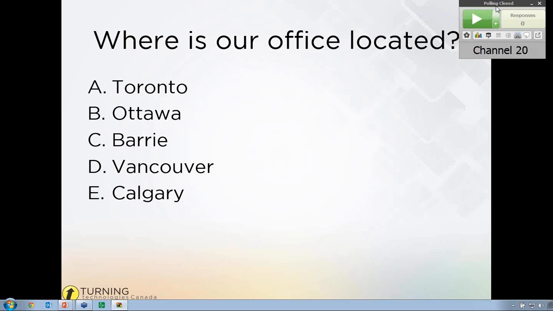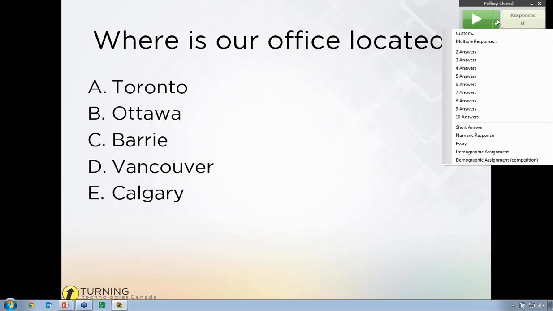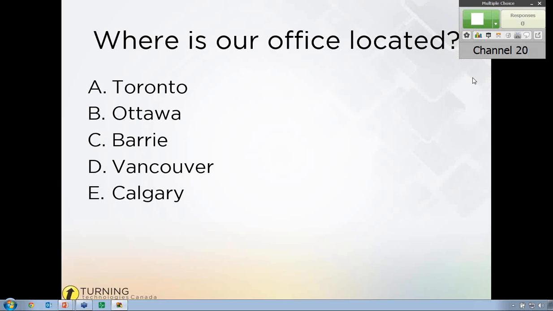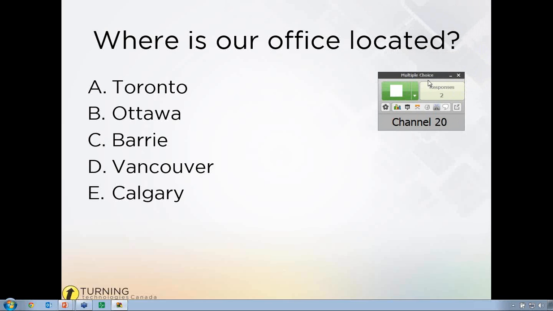have to do in verbal mode is on the Anywhere floating window here, I've got my little drop-down button. I simply have to tell Anywhere Polling that I'm going to be polling a question with 5 answer choices. From here, my audience members simply press the corresponding button on their keypad to respond. Just like we saw within PowerPoint polling over the last few sessions, you're able to see at any point how many participants have answered your question.